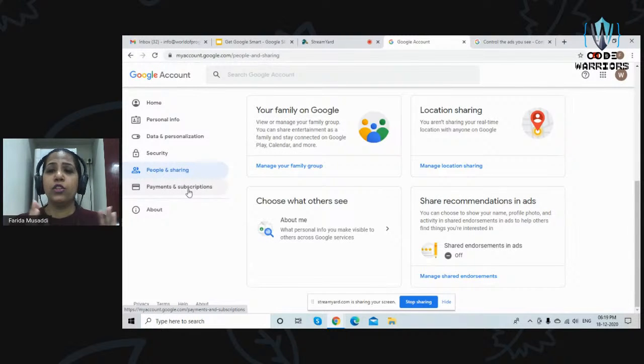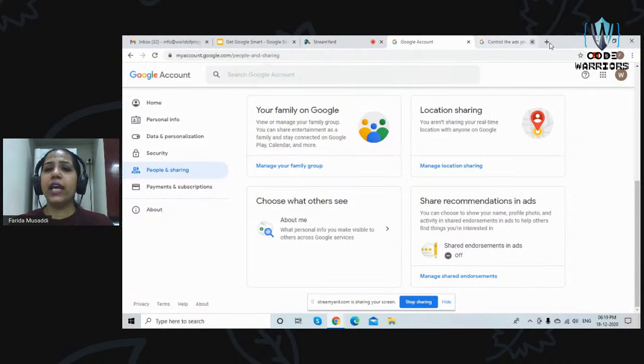So once you have created an account, it is not only about setting your username, email ID, and password. Account settings are much more than that. Go over here, explore your account, see the different information. What are you showing the outside world? What are you sharing with the outside world? How can you control and ensure that your data is secured all the time?